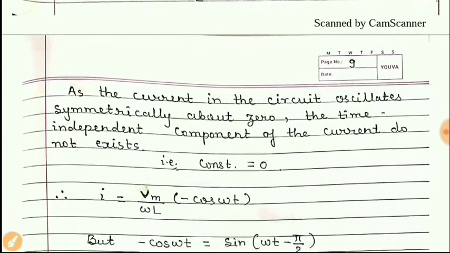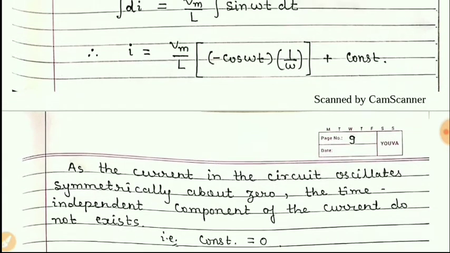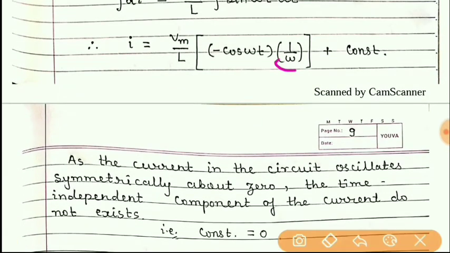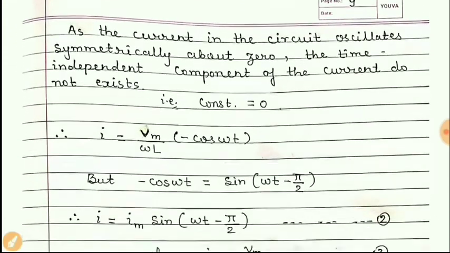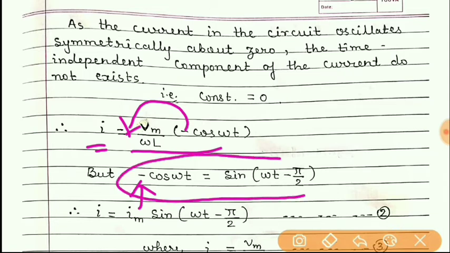Now next step, students, this omega is now taken out of the bracket and written here, and minus sign is also taken out. So we get this next term, I is equal to this. Minus sign we can take it out, but here we have not taken it out, we have kept as it is, and we have used a trigonometric function here.